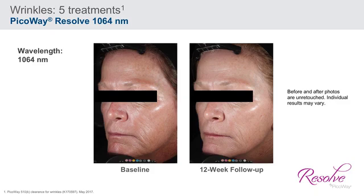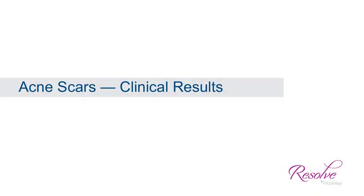Next, there was a clinical trial on acne scars. One of the problems in my office treating acne scars is I haven't had a way to treat patients with darker skin types in a way that I'm comfortable with, that's reproducibly safe, reproducibly without increased pigmentation, and reliable. So I have been looking toward the Picoway for that in my office. And in this study, I can talk about patients that were enrolled. And again, during the Q&A, I have a great deal of experience subsequent to the study in my office using